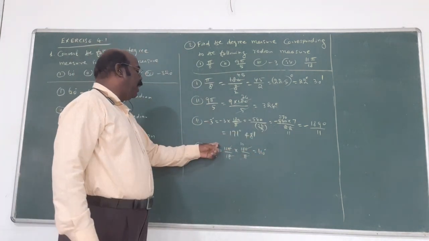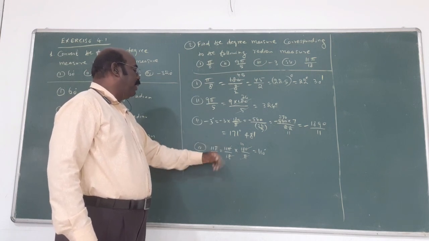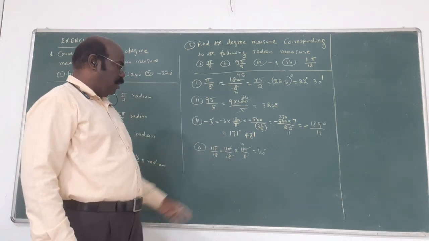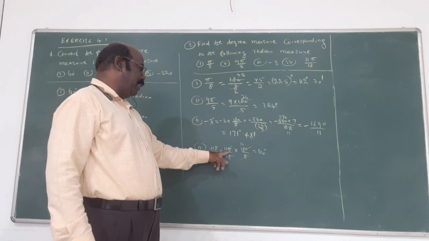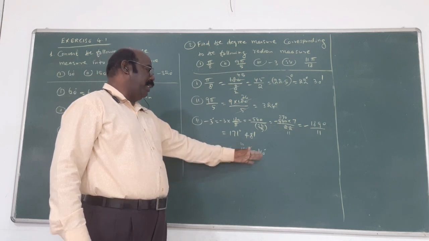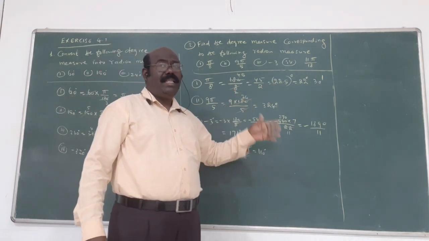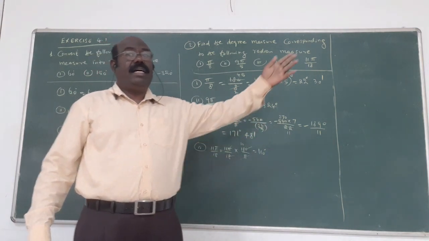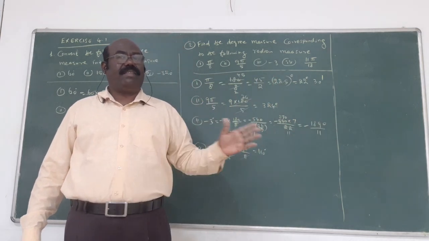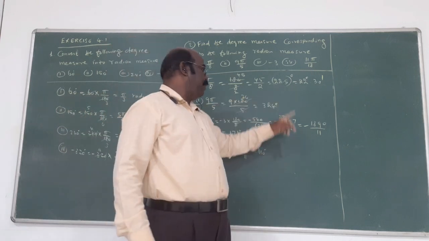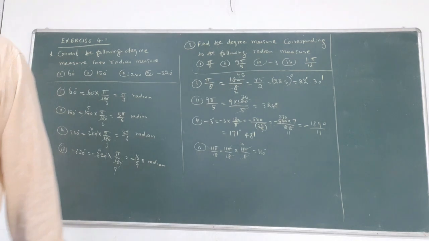Next is what? Pi by 11, pi by 180. 11 pi by 180, you want to reduce, 180 by pi. Or otherwise directly with the value of pi as 180, cancel without decimal. That is the answer. If the remainder is coming, the remainder also is converted into degree method, next minutes, then seconds. This way you convert. That's why these two problems are somewhat extra. These are 1 mark or 2 mark questions.